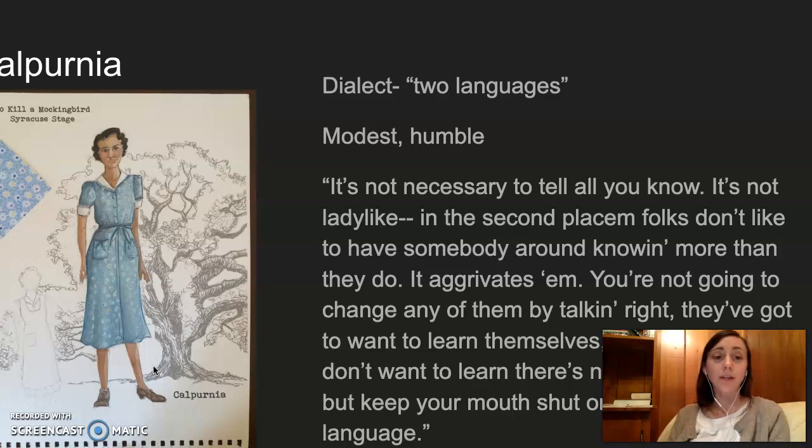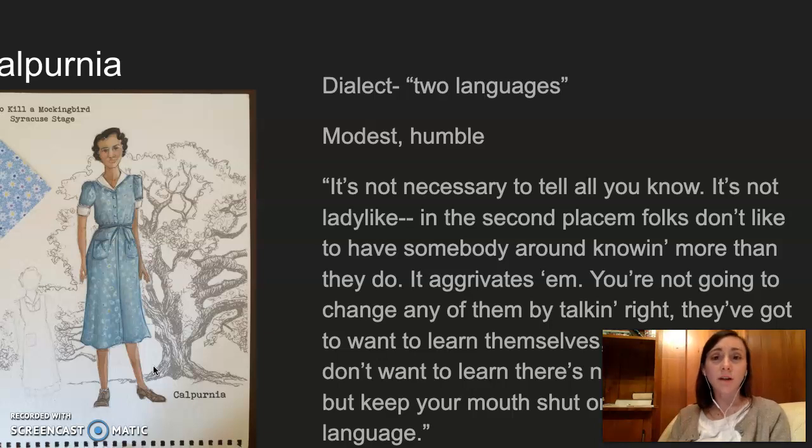We get more insight into Calpurnia in this chapter. She essentially speaks two languages and lives in two worlds. She lives in the white, rich world, not rich, but like well-titled world. And even though nobody really has a lot of money at this time, the Finches are fairly well off. She is educated, she can read, but then the kids see a completely different side of her. She speaks, Scout says, two languages. It's the dialect of the African American people, the uneducated, those who as a whole don't read, and so she speaks differently,